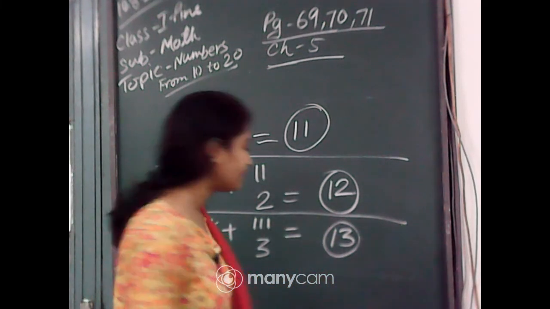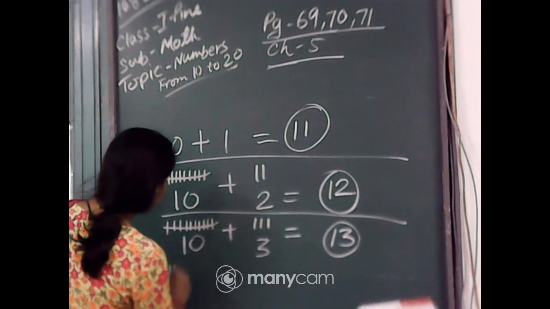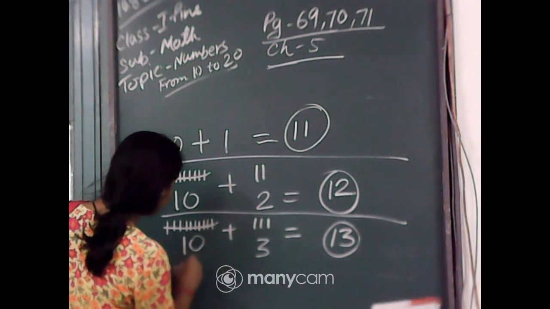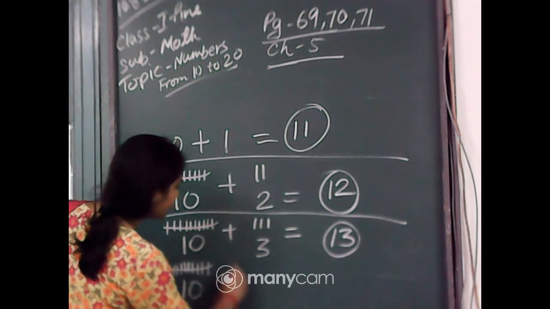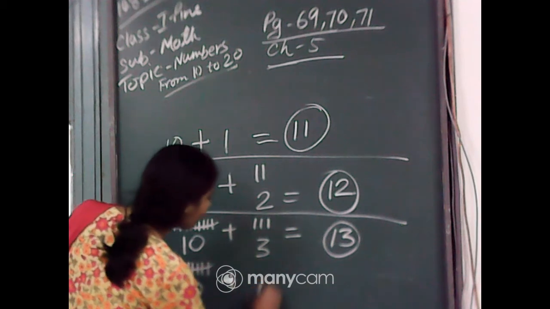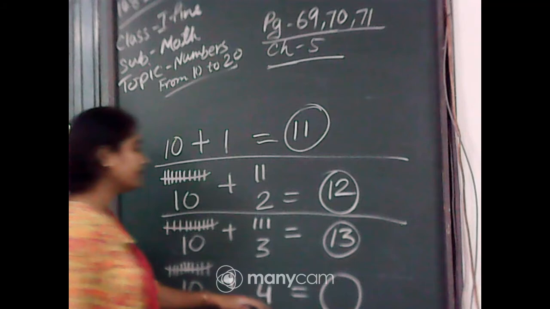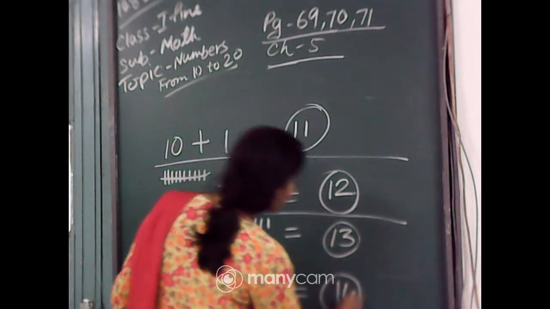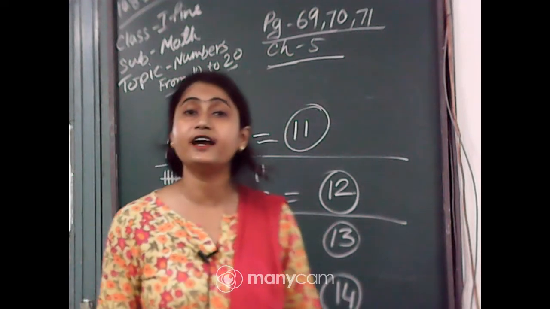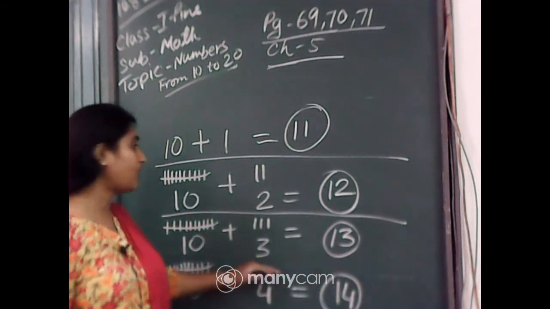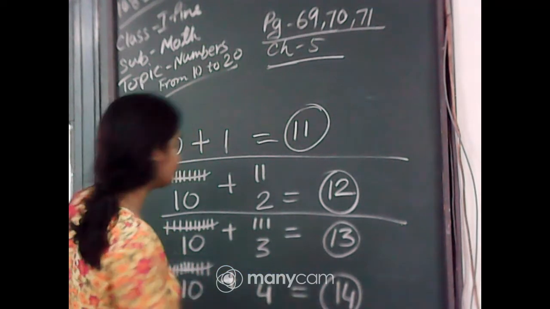And next you have to draw. Okay. 10 are in a bundle. 1, 2, 3, 4, 5, 6, 7, 8, 9, 10. 10 matchsticks are in a bundle. 10 plus what? 10 plus 4. It is given in your book. You have to draw. 1 ten plus 4 ones, 14. 1 ten is done. How many matchsticks do you have to draw? 4 matchsticks you have to draw over here.